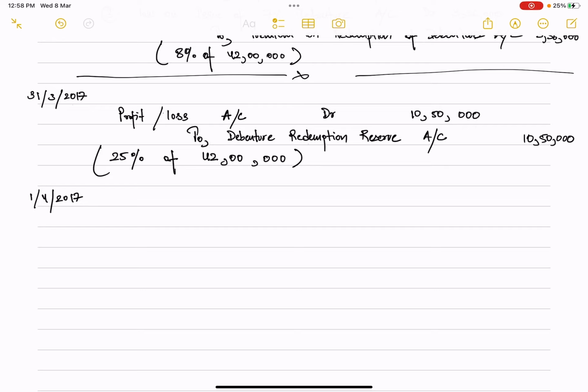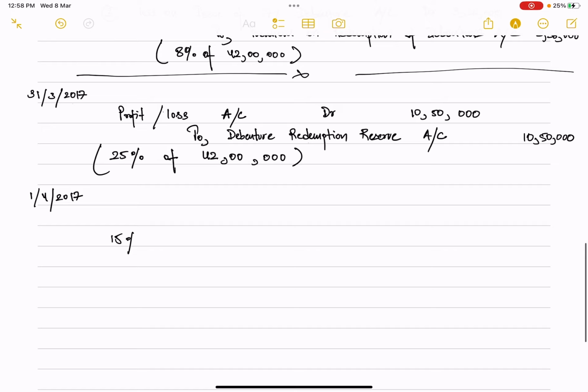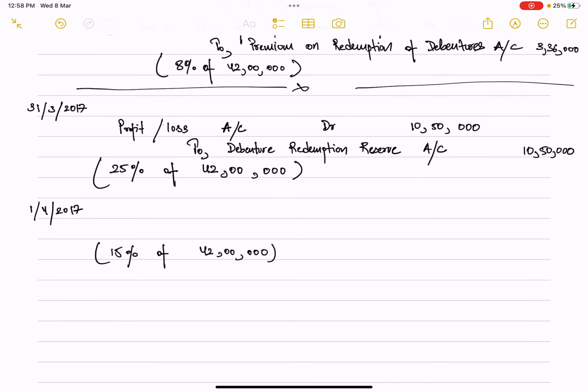But this does not mean that the entire amount of 10,50,000 rupees is going to be invested. Rather, what we know is that 15% of the value of the total debentures issued, 15% of 42 lakh rupees, this amount is to be invested as investment for DRR. Okay, so again you have to pass another journal entry in which you will be debiting your